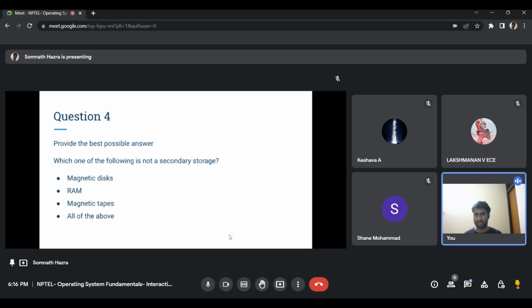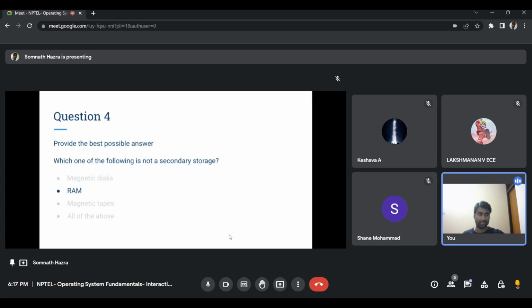Actually, I think this should be tertiary storage, not secondary storage. Sorry, there is a mistake in the question. So everything is not a part of secondary storage actually. Yeah, I think it should be tertiary storage. Anyway,